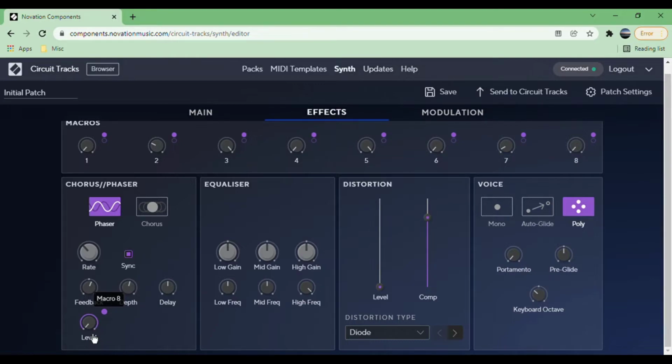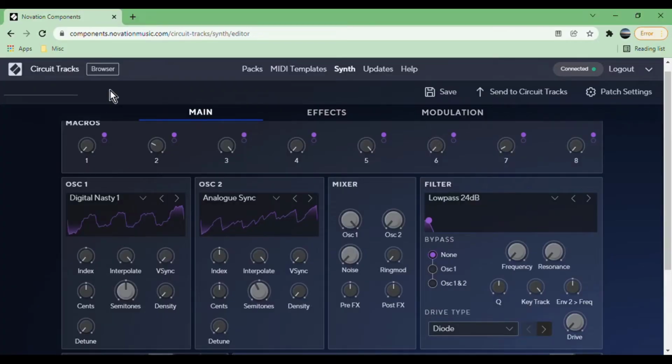Honestly, I can't see myself using this for chords, so I think I'll put it on mono and put on a little bit of portamento. Yeah, something like that. So that's the first synth sound done. I think it works pretty well as both a bass and a lead. So we can just save it as a patch using this button, and then we can put it in the